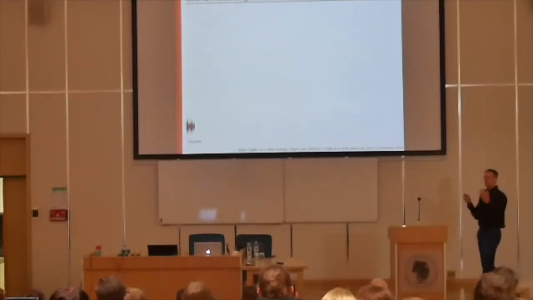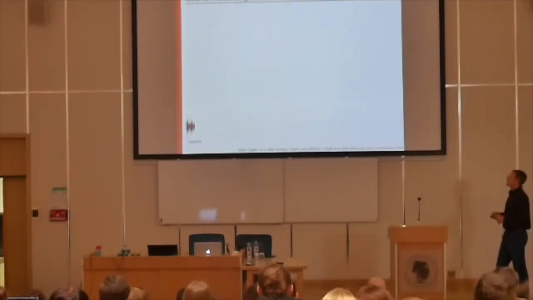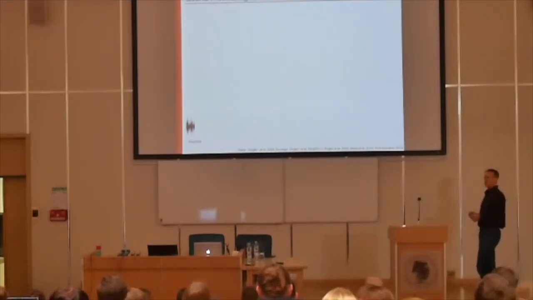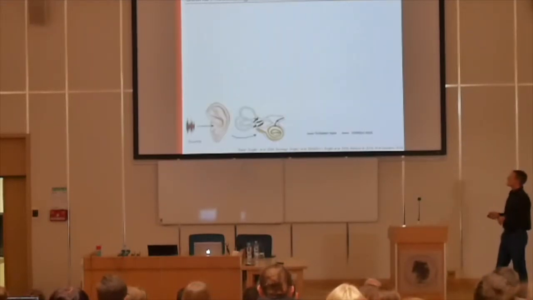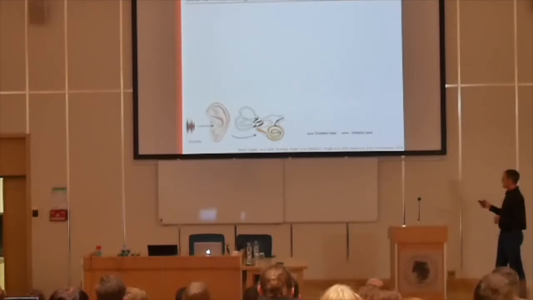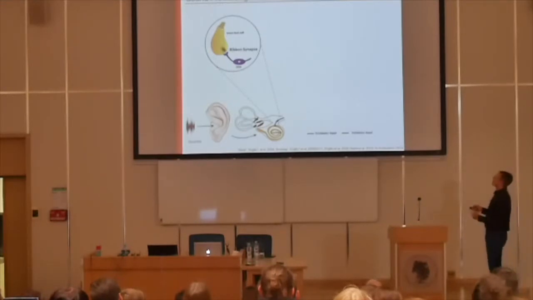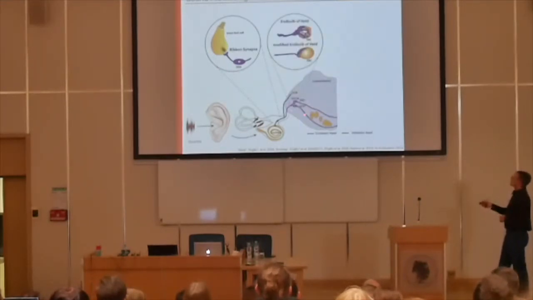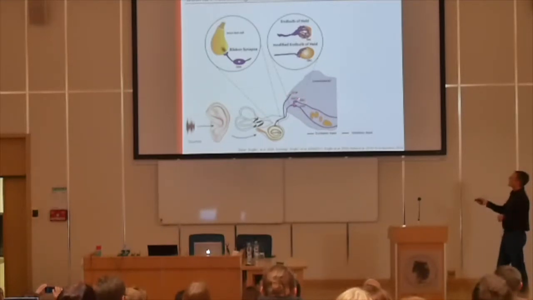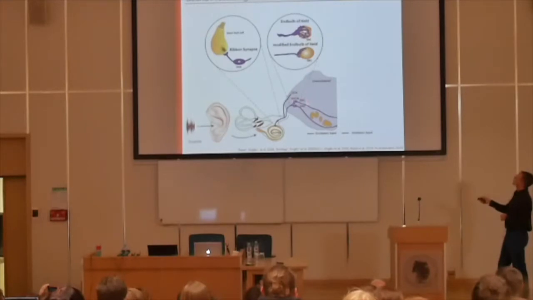To give you the place of action of where we did those recordings, let me walk you through a little bit of the brainstem architecture. Sounds reach the ear, then are transformed by the cochlea, as we've already talked about. Then the sound goes through the ribbon synapse and comes to the spiral ganglion neuron. That's actually the same neuron that is sending the auditory nerve fibers. And the auditory nerve fibers now arrive in the so-called cochlear nucleus. We are recording here in the AVCN, the anterior ventral cochlear nucleus, and in particular from the so-called spherical bushy cells, SBCs.